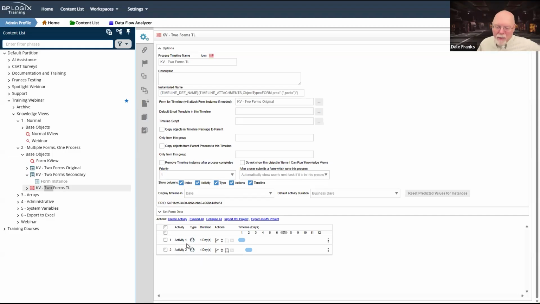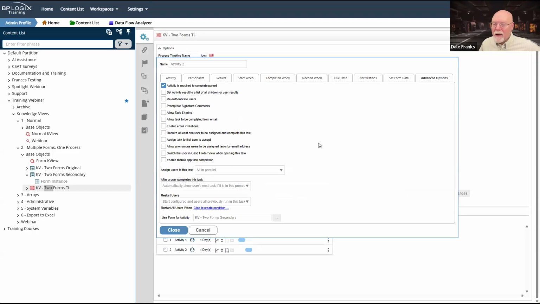Between activity 1 and activity 2, it might be a wise idea to drop in a form actions activity to change the default form for the timeline, because that way somebody who comes and looks at your timeline later, or you coming back and looking at your own timeline later, will find it much easier to figure out what is going on, and how they configured it in the first place, rather than hiding the form switch way down here at the very bottom of the advanced options tab for one of the activities.